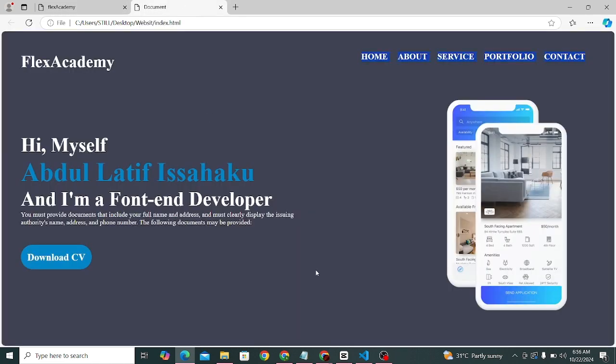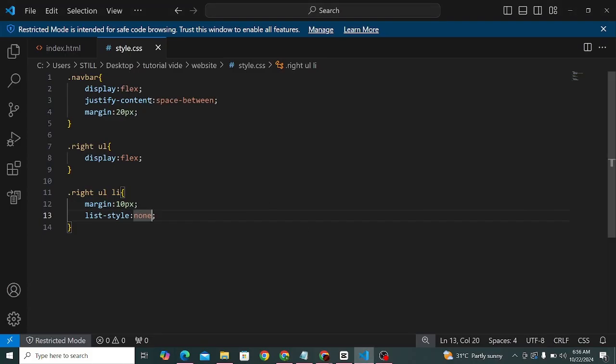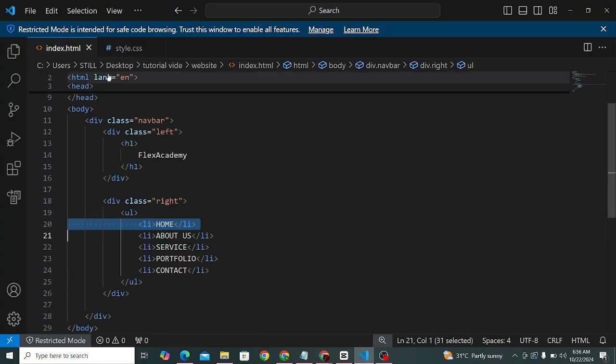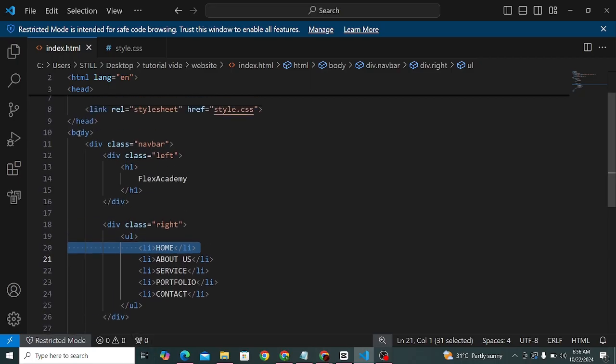But if you look at the website really closely, you could see that our background color is not white. So first of all, we need to change our background color. In order for us to change it, let's move to our code editor. Someone will say, let's use the body tag. Although we could use the body tag, with regards to other browsers, it won't really make the whole website the specific color that you want. So what I suggest is,